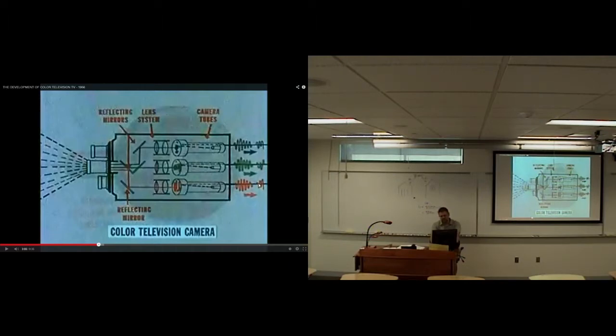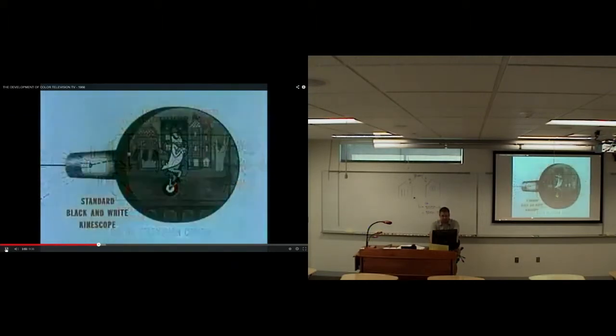But these signals just tell you how much light in different colors. And then those signals get transmitted out, and the television takes those signals and puts them back in the correct place on the screen, where the lens said that they were, at their correct brightnesses. So that you have the right amount of blue, the right amount of green, the right amount of red in the right spot on the screen. And overall, when you have thousands and thousands of those little dots with the right colors, which we call pixels today, you get a picture that is a color picture of what you were looking at with the camera, roughly.